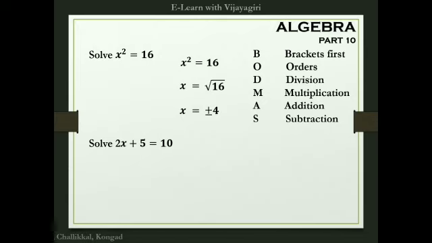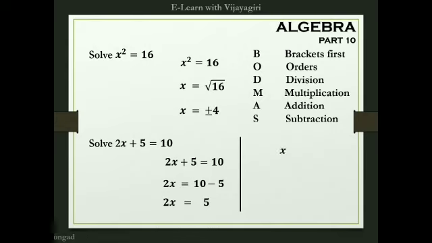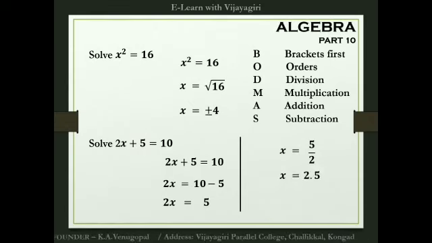In 2x + 5, multiplication and addition are coming together. Multiplication you do first, then addition. So addition is the last operation, so take that to the other side first. So 2x will be equal to 10 plus 5, when going to the other side it becomes minus 5, and 2x will be equal to 5. Now multiplication we can take to the other side, it becomes division, and x = 5 by 2, and the answer will be 2.5. So remember one thing: the operation you do last, you take to the other side first.